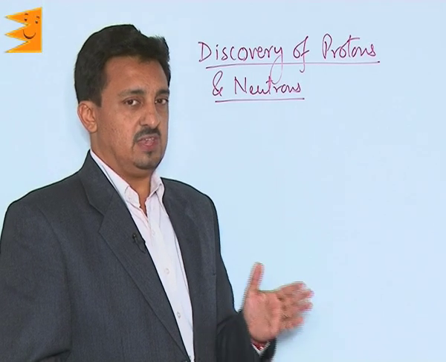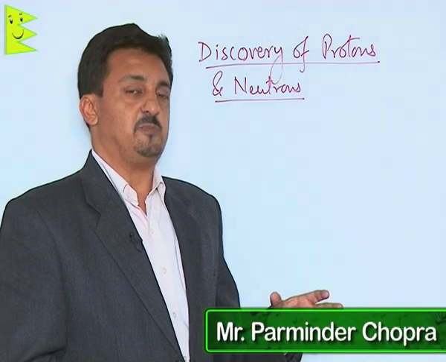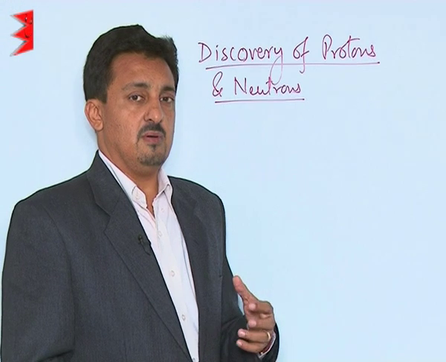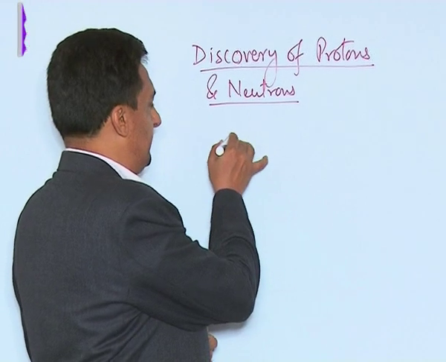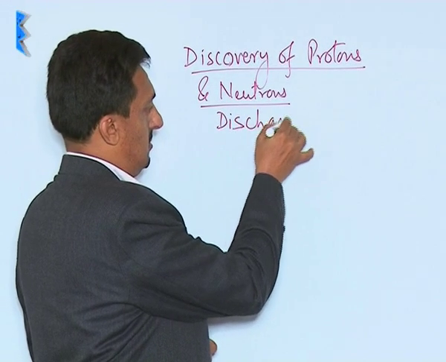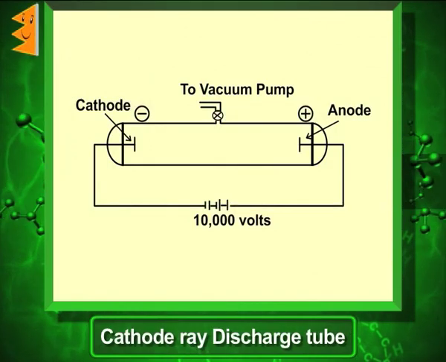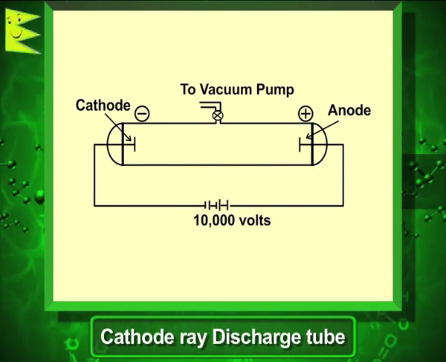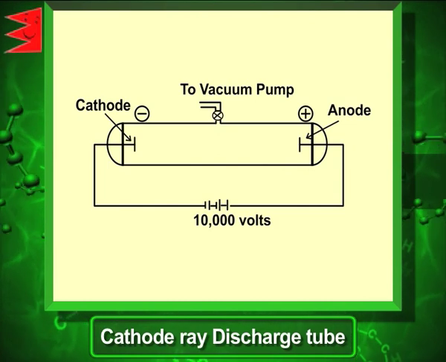Discovery of protons and neutrons. Now, after doing a series of experiments on the cathode rays, the anode rays were discovered. When in the discharge tube, in the experiment, the same gas is subjected to a still higher pressure